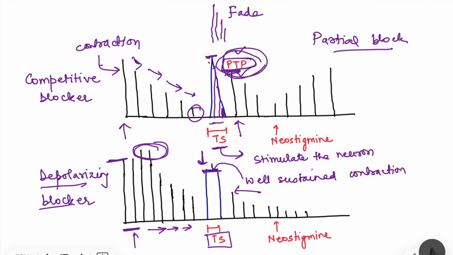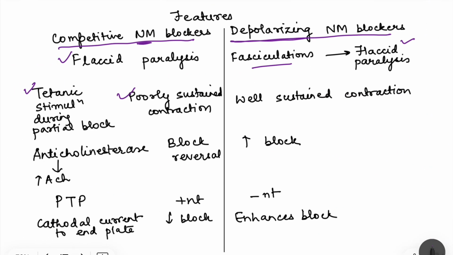Because again, in post-tetanic potentiation, what we talked about, that is because of calcium accumulation and increased acetylcholine release. But here, acetylcholine release doesn't matter, right? Because depolarization is already there, so it doesn't matter. So no post-tetanic potentiation. Those are the features which we see in case of tetanic stimulation during partial block